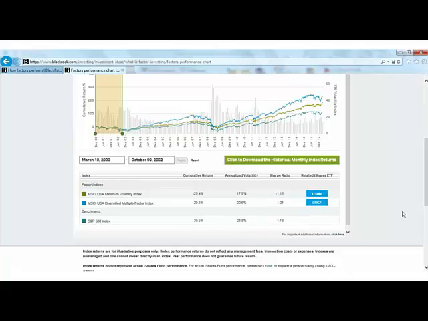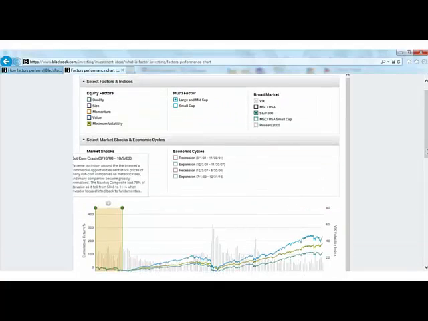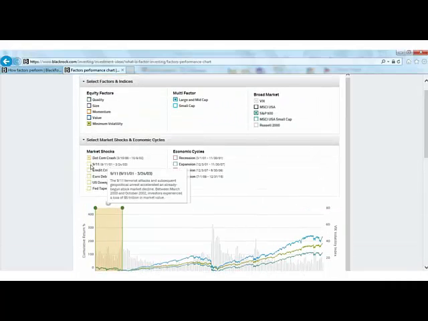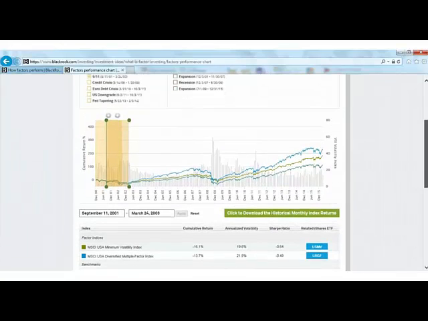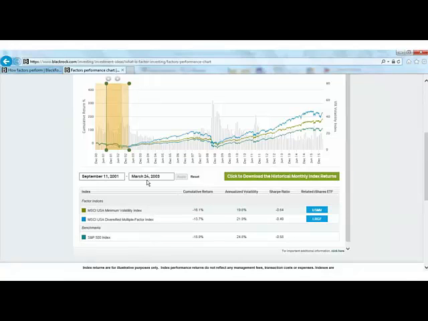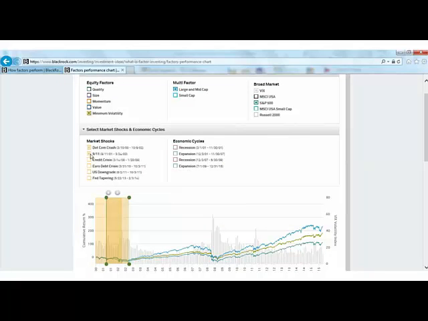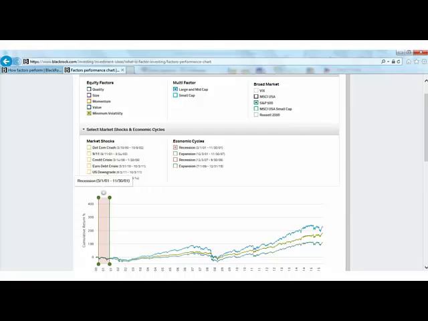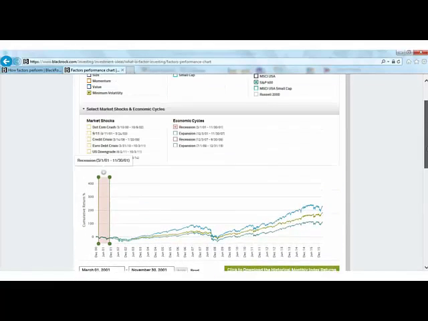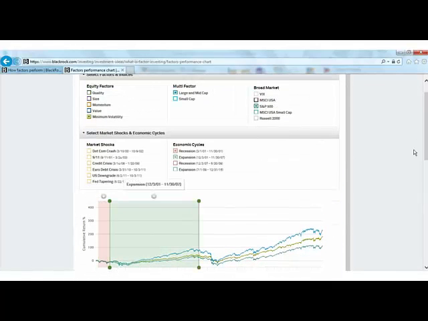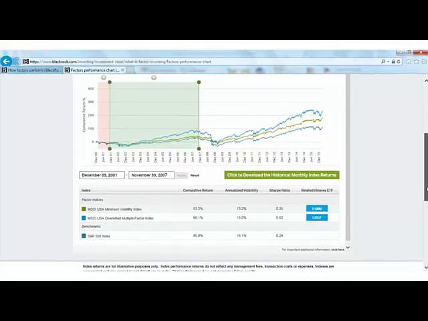And what you can see is that we've provided a number of data points: risk, return, Sharpe ratios over time. The real power of the tool, though, comes in the ability to select different economic cycles or different market shocks. If you select a specific time period and you scroll down, what you'll see is that time period highlighted on the chart, and you'll see the risk and return information updated. For any period that you select that's greater than a year, that risk data will be populated, and for all time periods, the return data is populated. If you select multiple time periods, the one that is highlighted is the one that is being presented in data in this table, and you can always verify that by double checking which dates are actually presented in those date tabs.